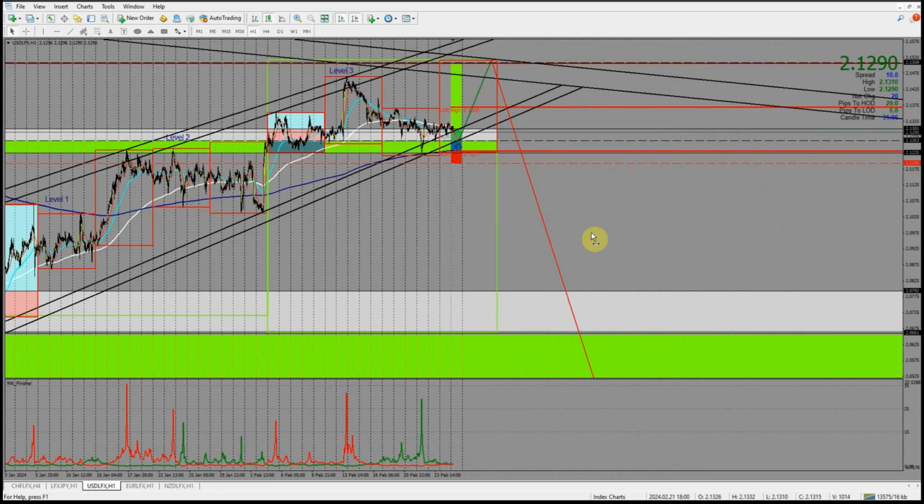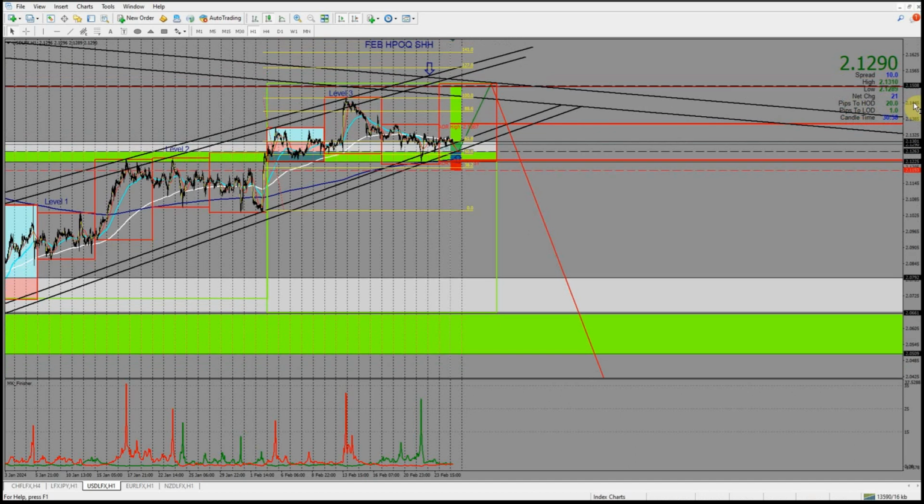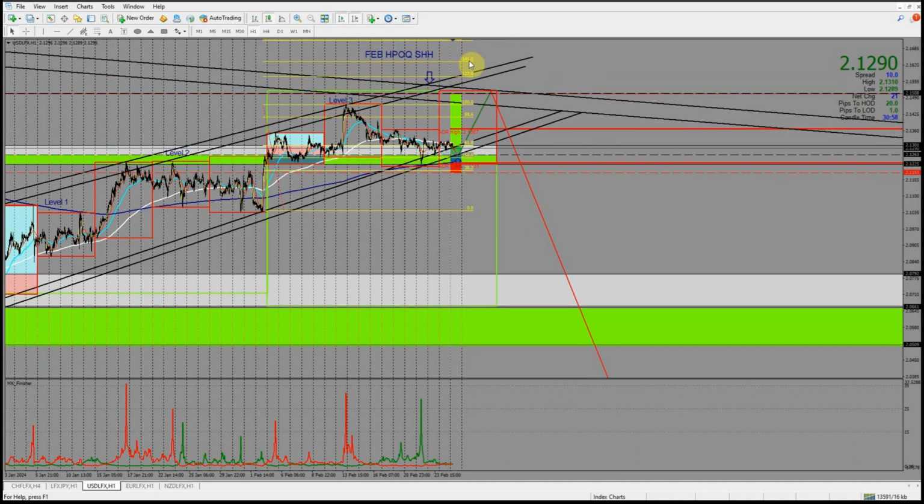This was our 50% retracement, so our target is at the 141. But in this case, let me just point that out so that I know what's happening there. This should be our first exit, and then this our second exit. So everything that's correlating with the dollar, we're going to be buying that.